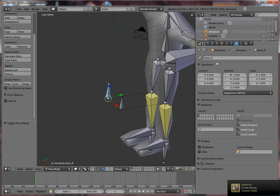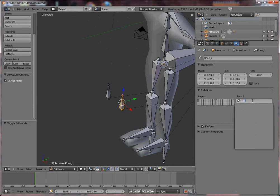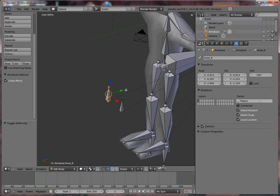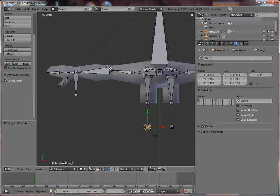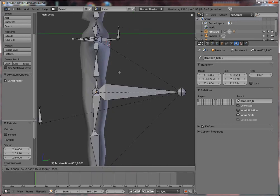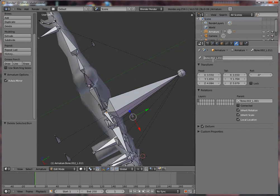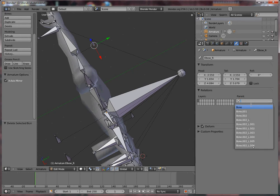knee right, and make the parents be master, and also extrude bones for the elbows. Again, remove the intermediary bone, name this elbow left, elbow right, parent set to master,